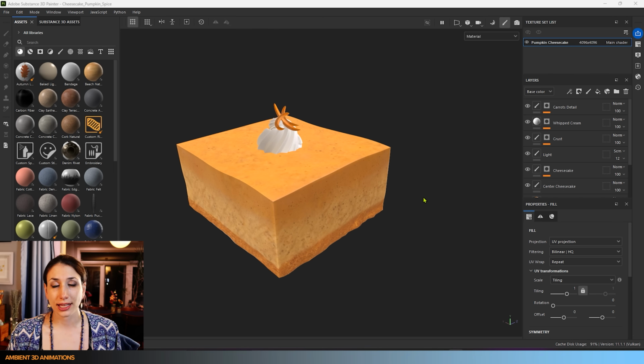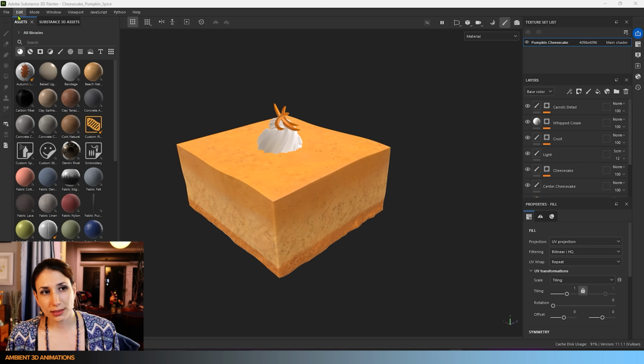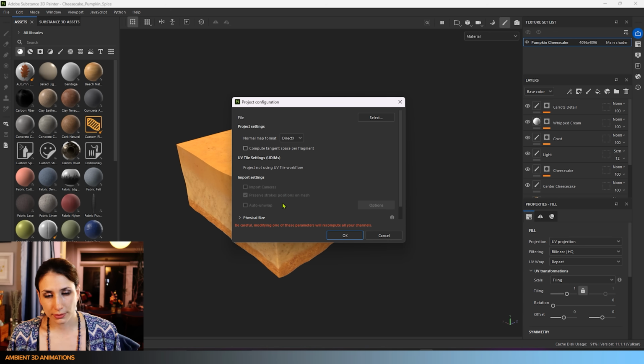So something you would want to double check regardless of what you are exporting out of Substance 3D Painter into as a render is you want to make sure that the color space matches. So check your renderer, whatever you're using, and once you do that, check the color space. And then in here, if you go under the Edit menu, under Project Configuration,